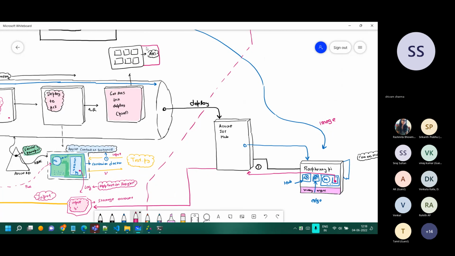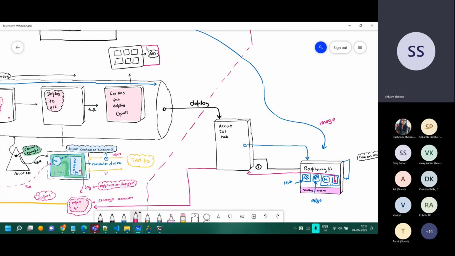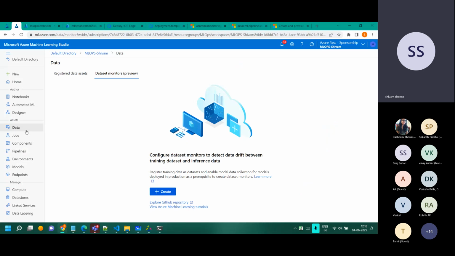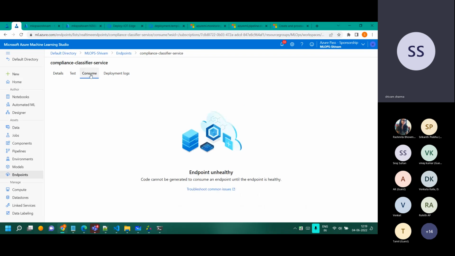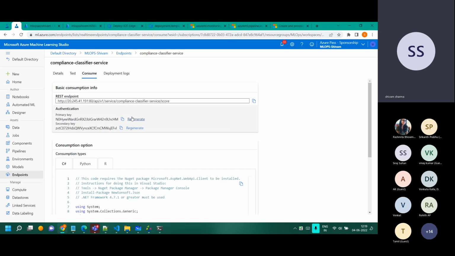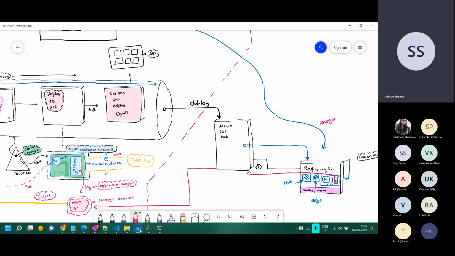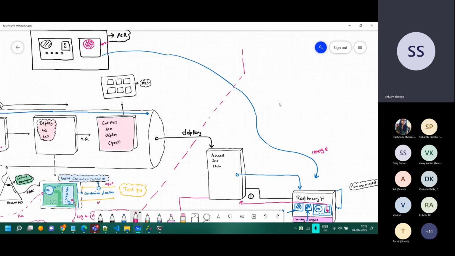You see, it's actually already there. For example, if this was image classification, it's totally consumable. I can click on model endpoint, and this is my model which is in Kubernetes right now. This is the API endpoint of it, and that's the key over there. For doing the inferencing from mobile, you need to have some app which can do the API call. If you want to test it out, just use curl. Curl can do that.